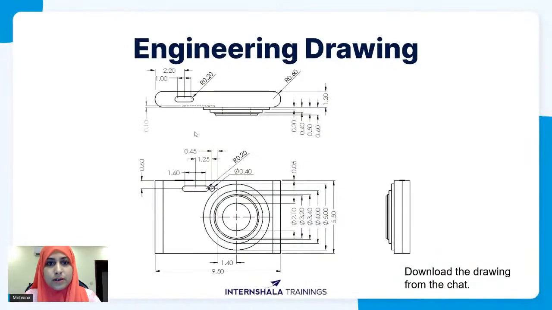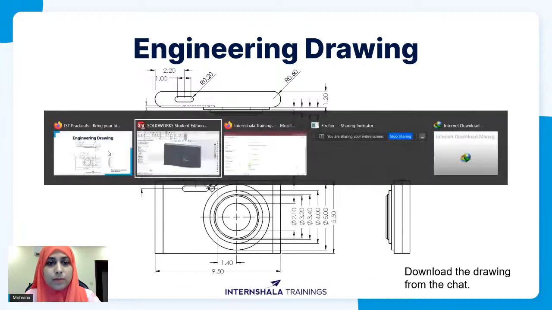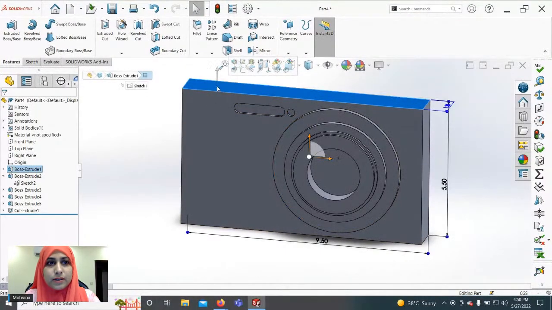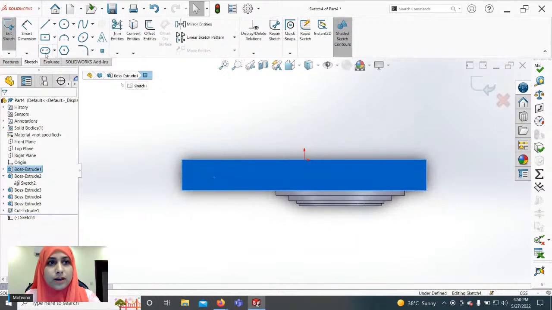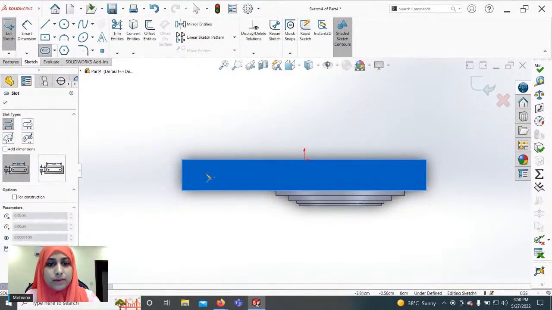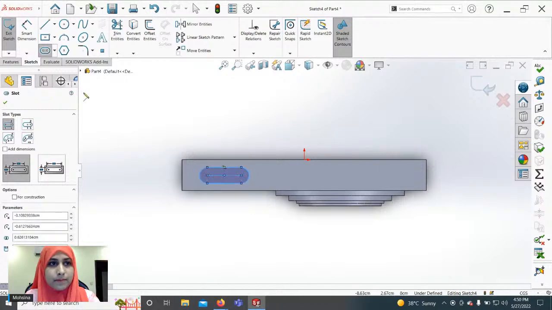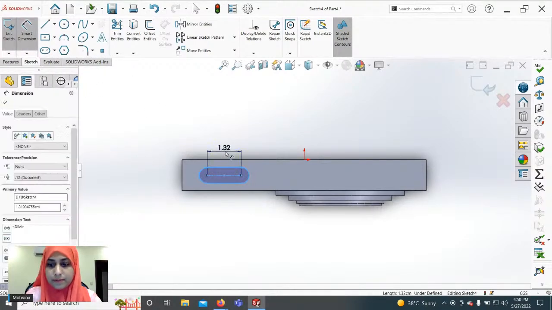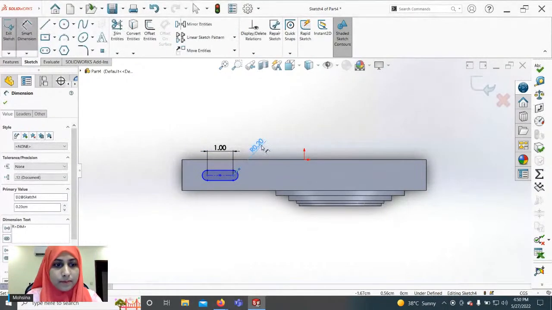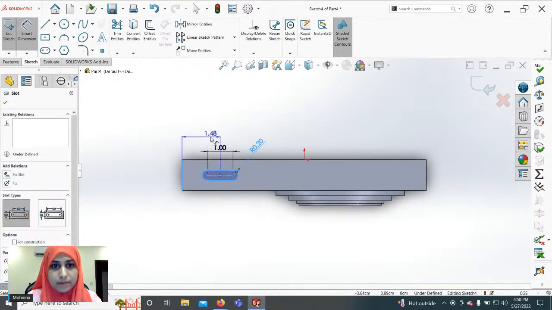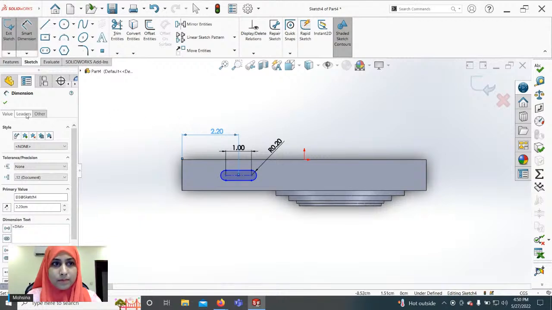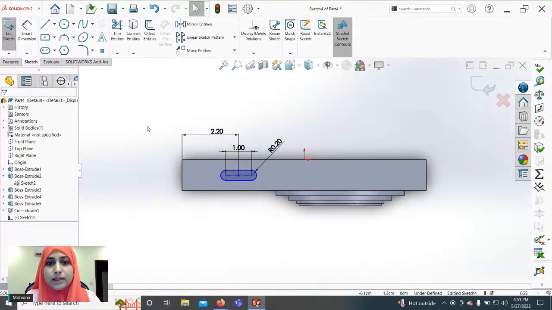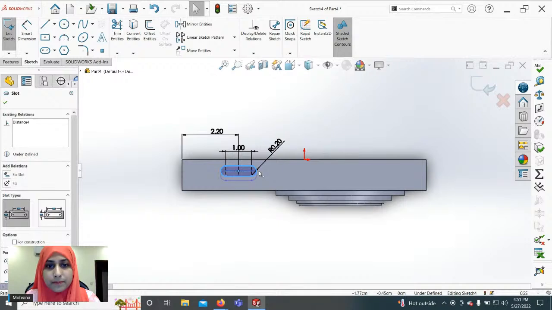So next, let's create the top button, which can be seen from here, but here it is on the top. Click on this face, go to Sketch tab, Sketch, and we will be creating a straight slot again. Go to Smart Dimensions and add all the necessary dimensions. You can see that we have added the dimensions, but still we can move this around.